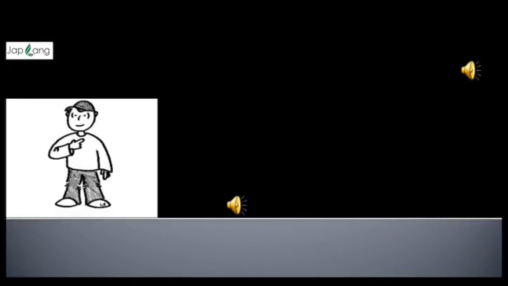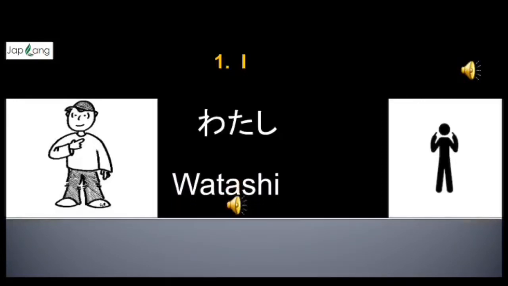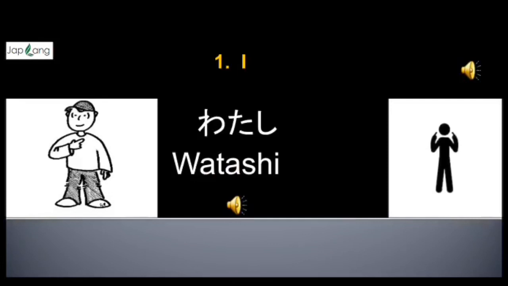Yes, one more guess please. Okay, I hope you could get it. So you say this is I. Looking at this picture, the picture is all about I. So how do you say I in Japanese language? It is watashi. Watashi. Alright, so in Romaji you will be writing something like this. It is watashi. Alright, let's listen to the Japanese sound.